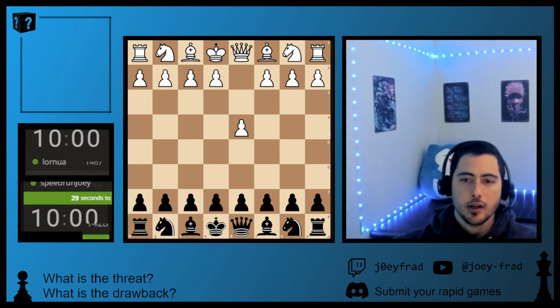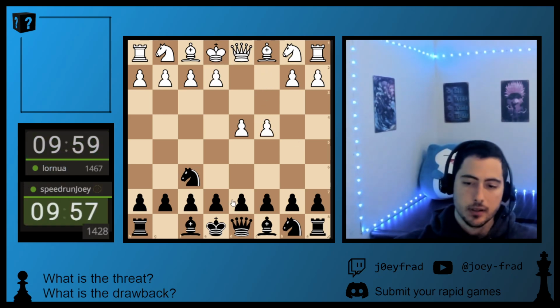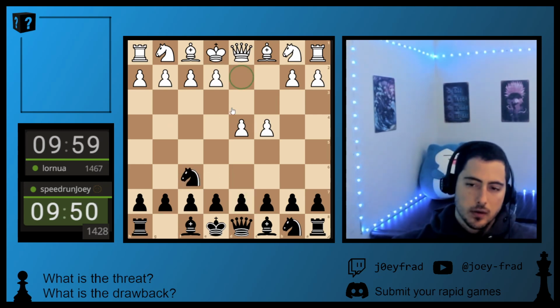What's up, guys? We have another game with the black pieces against Lornois, rated 1467. We're rated 1428 so far in the speedrun, and we see the Queen's Gambit pawn structure with c4 and d4 from our opponent. We go